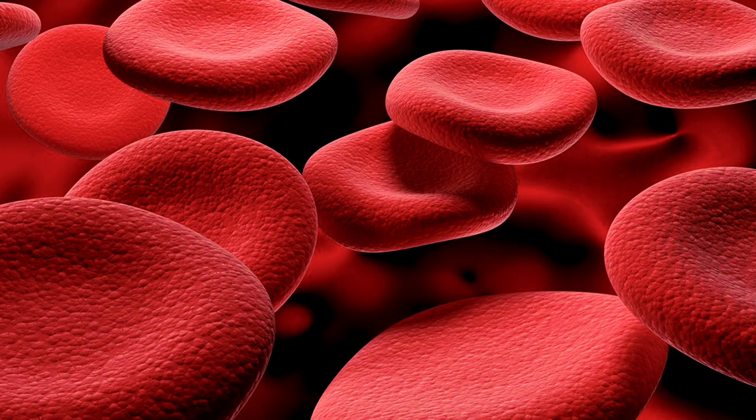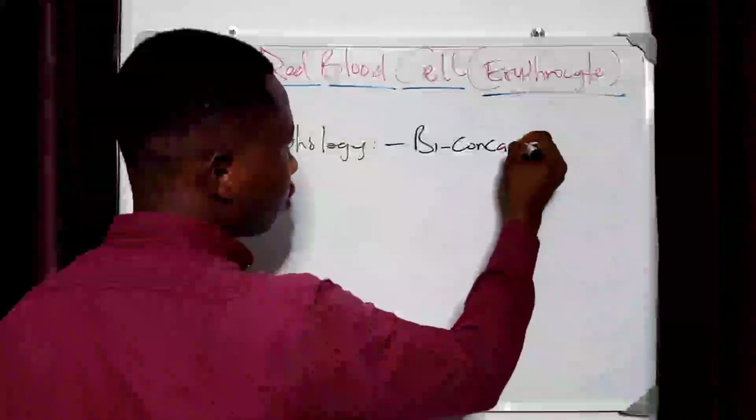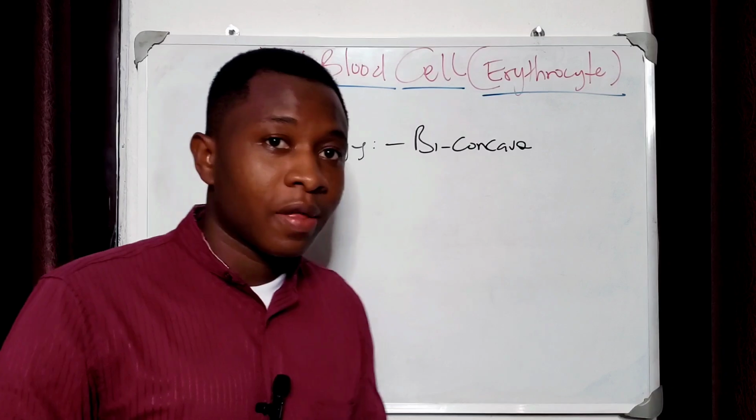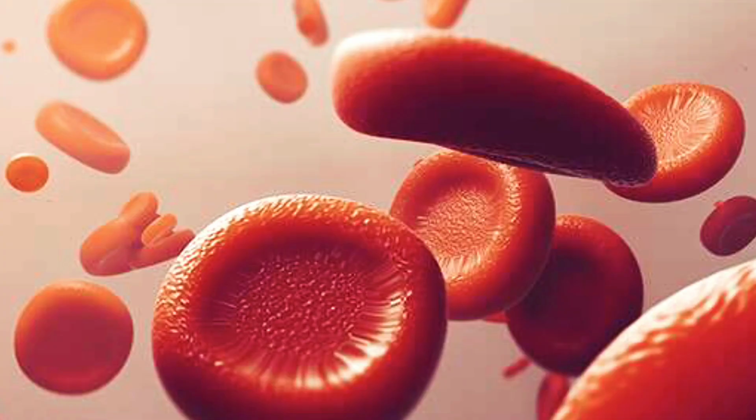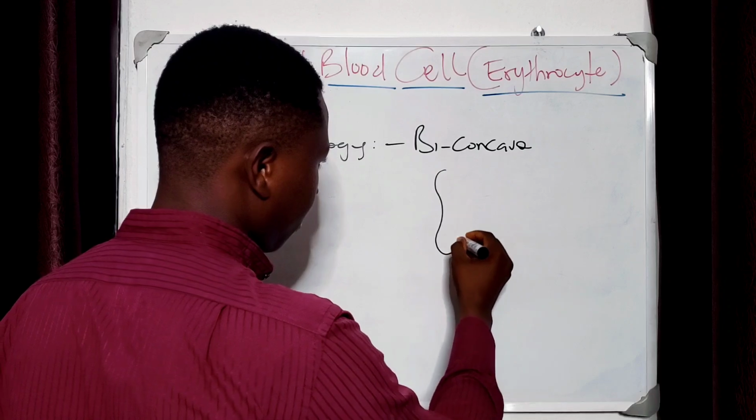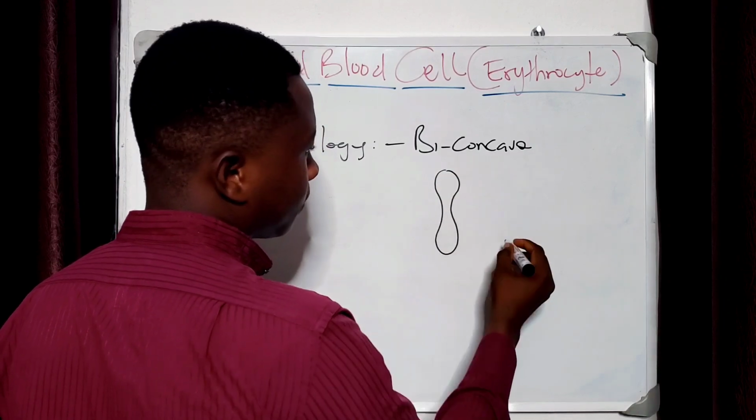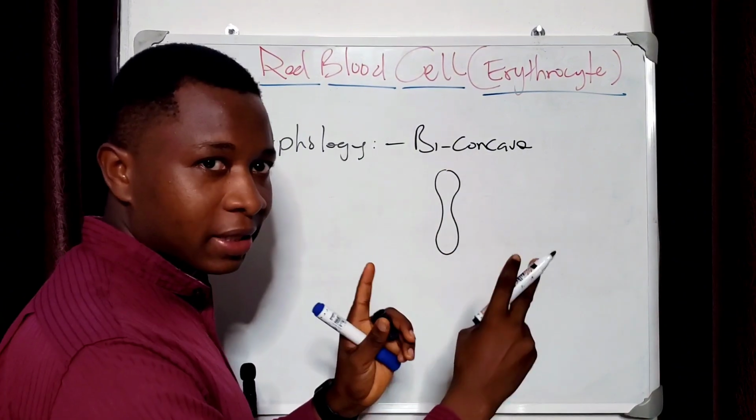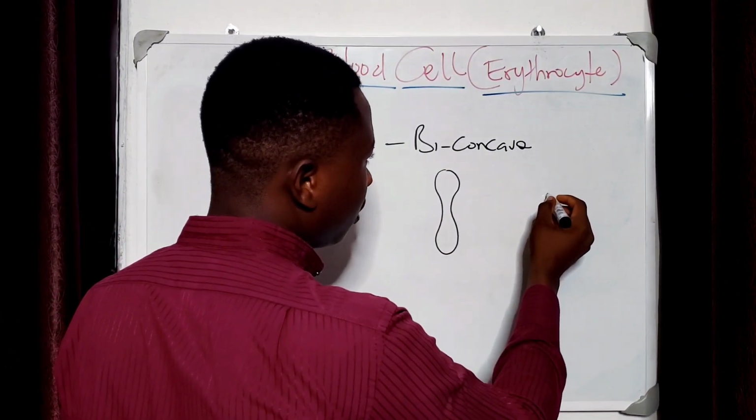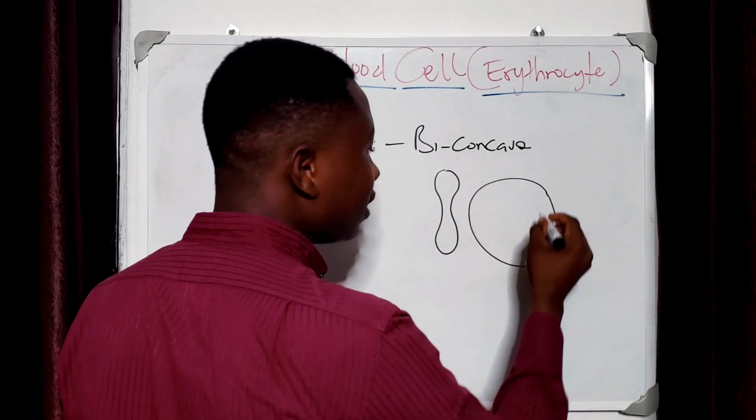The red blood cell is actually biconcave in nature. Okay? That means it has depressions at both ends. So, looking at it laterally, it has this type of shape. This is what it looks like looking at it from the side. Okay, now looking at it anteriorly,